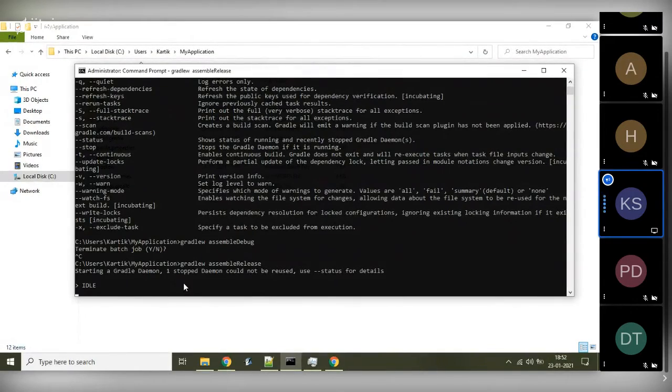Now, you might ask, why are we doing this? Why are we using the command line where we can do this very easily through the GUI? Now, again, using the command line is sometimes faster because Android Studio is a large program. It takes some time to start. So it might be easier to do a quick build from the command line. But the real power, the real benefit of using the command line is